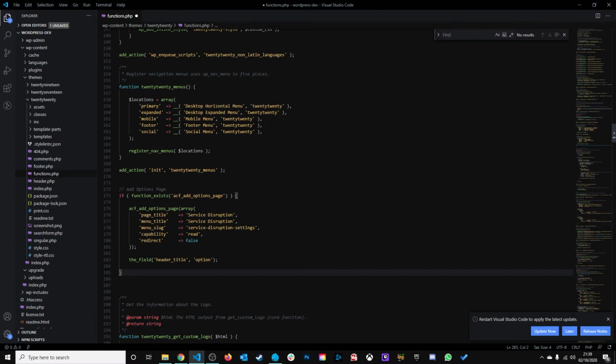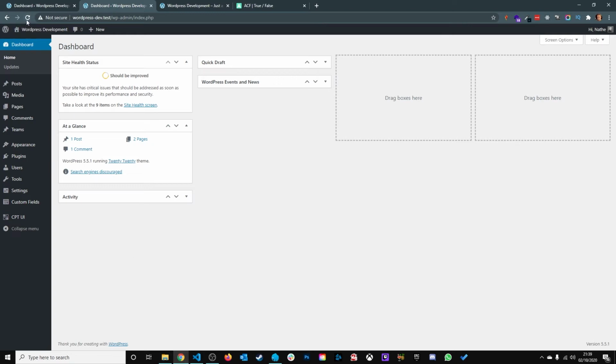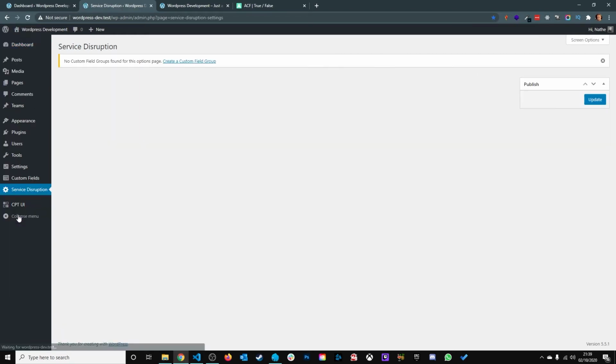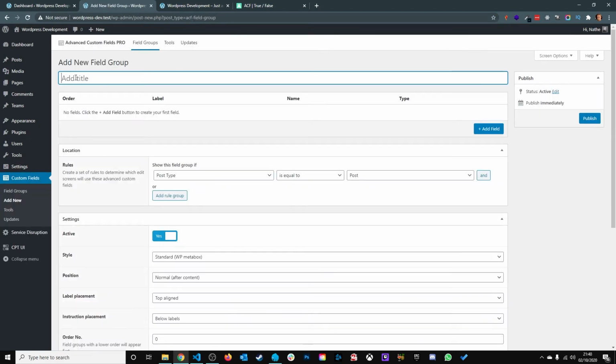So what this does is it adds a new menu item for service disruption. So if we save that and then go back into your WordPress dashboard and refresh, this new menu item will appear here. You currently have no field groups connected with this options page. So if we click here, create a custom field group and call it